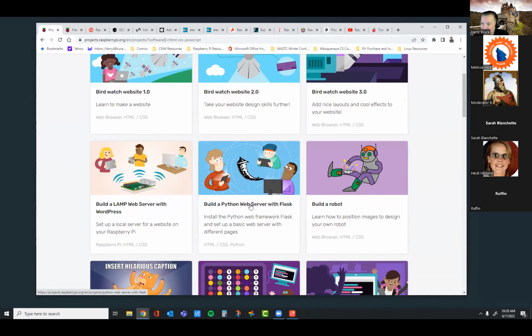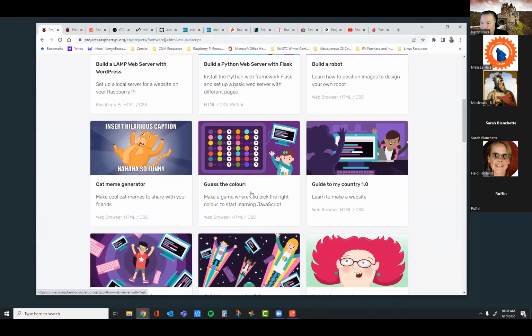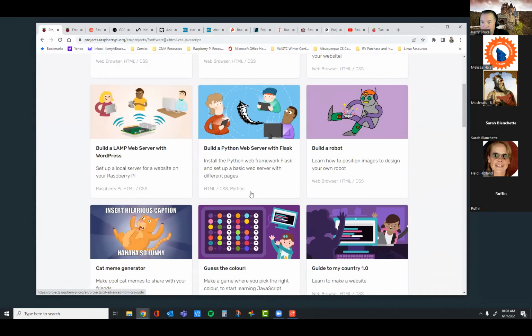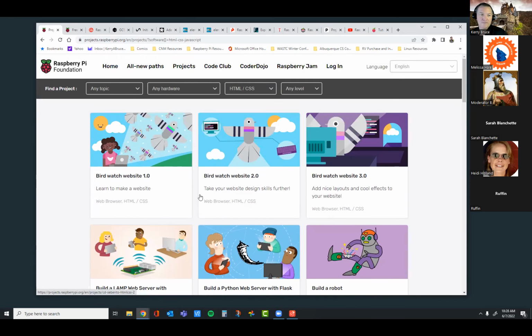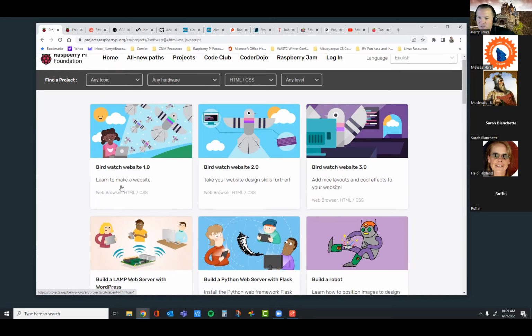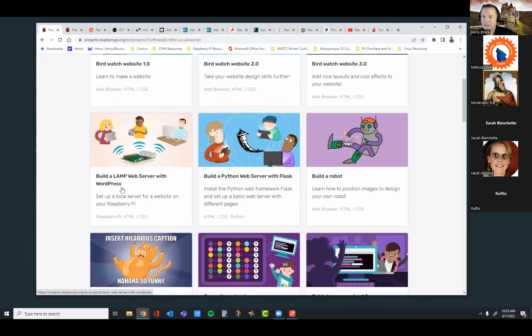So there are a couple of different ways of doing that. It's pretty cool. Those are definitely options that we can do. I looked at this first one; they have website 1.0, 2.0, 3.0, but this one uses Trinket, an online thing. This other one you build on the actual Raspberry Pi, on your local server, and this one is kind of just following that different method.